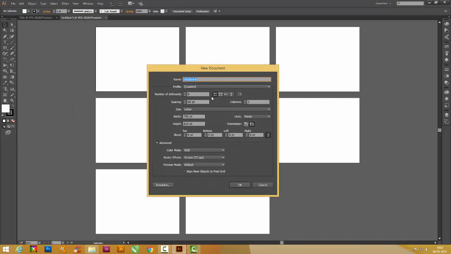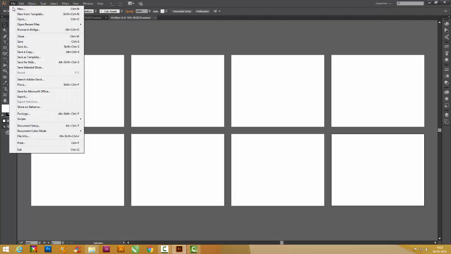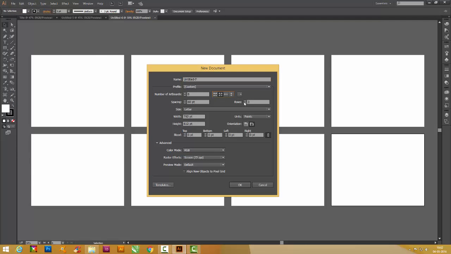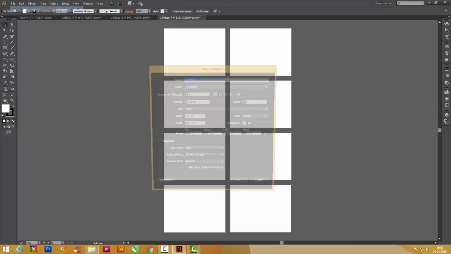Now next, what you have got here is the arrangement of artboards, how the artboards should be arranged. The first option is called grid by row, and the number of columns is 4. Let's see how it displays. This is your first artboard, this is second, this is third, this is fourth, this is fifth, 6, 7, 8. This is how it goes. Now I choose this and make the number of rows 4, and see how it is displayed. It comes like this: 1, 2, 3, 4, 5, 6, 7, 8. This is how the artboards are displayed.